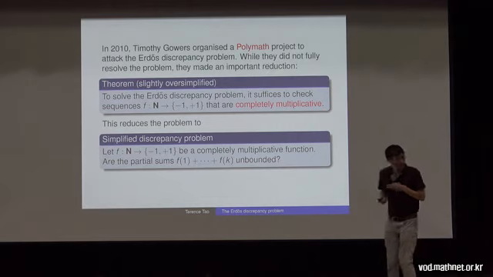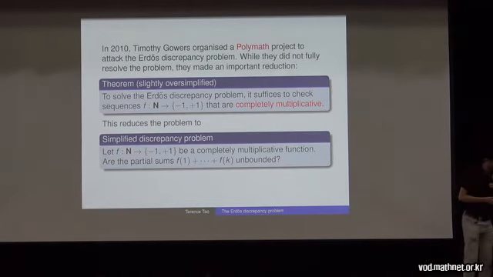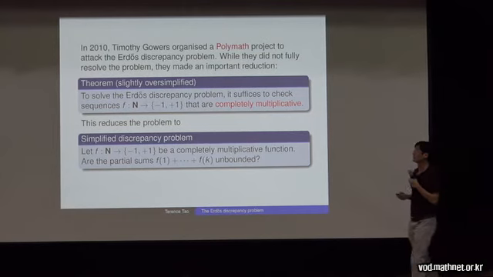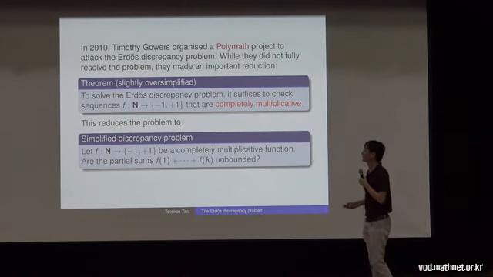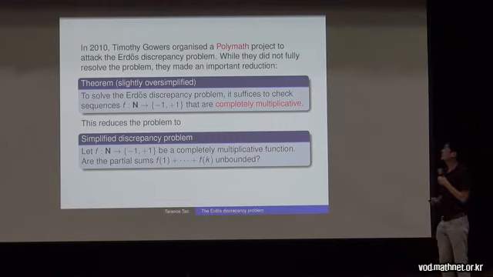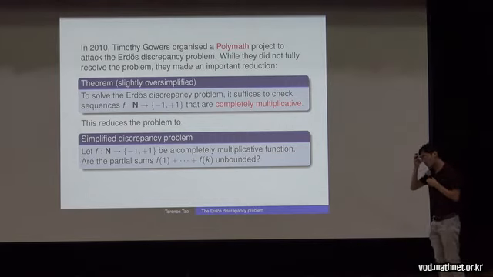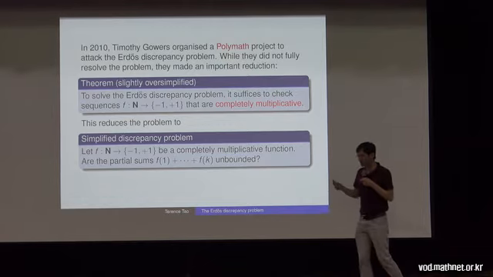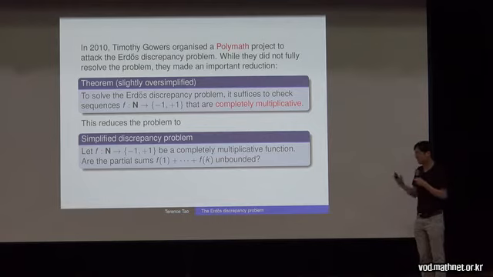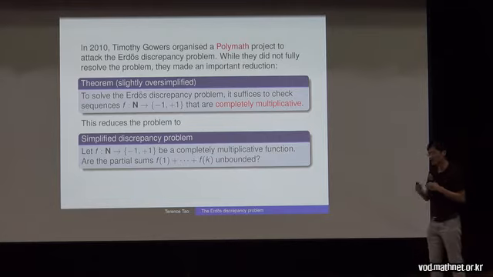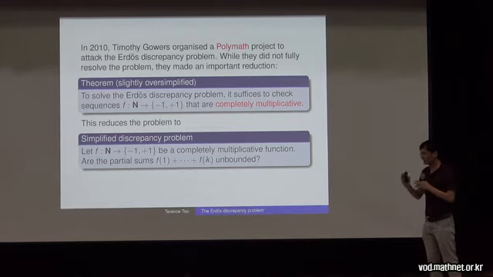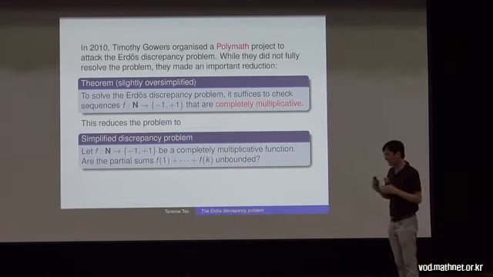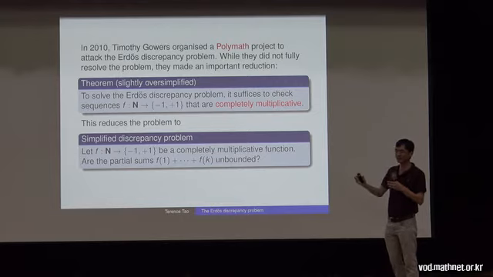So people have worked on this problem for many decades. The first big breakthrough really was about 7 years ago, in 2010. Timothy Gowers, a good friend of mine, organized one of these things called a Polymath project. A Polymath project is when you get many mathematicians all over the world to collaborate on solving a single problem over the internet. You use maybe a blog or a wiki, something like Wikipedia, and you get all these people talking, trying all these different things, and not even throwing out things that they don't think are going to work,